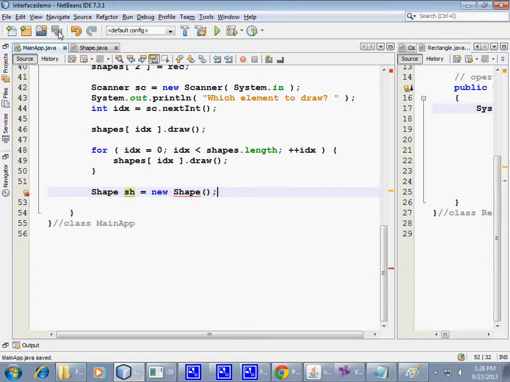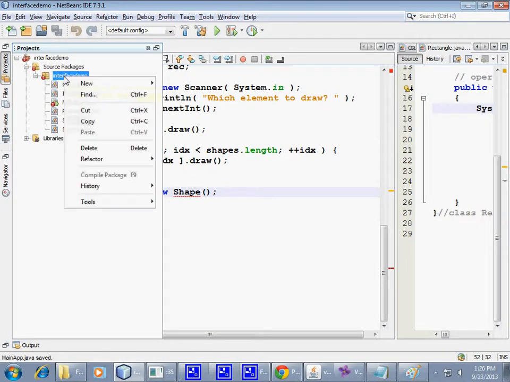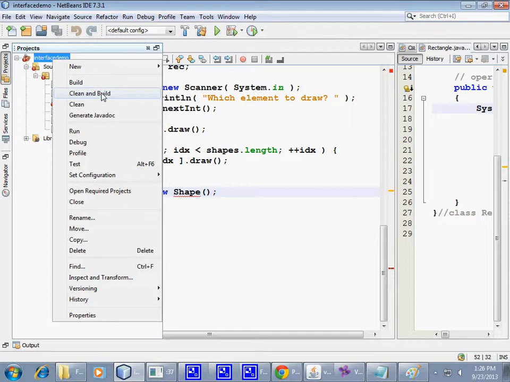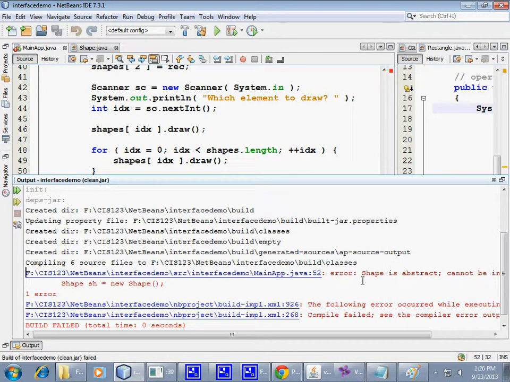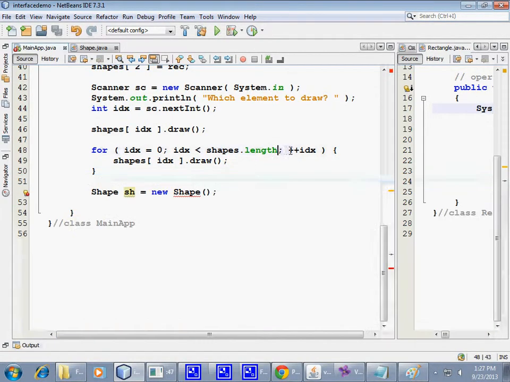Let me save it, and let me try to compile it. Where's my clean build, I guess. So the compiler error is shape is abstract, cannot be instantiated. So this line right here is not going to compile, because the compiler says you cannot say new shape.